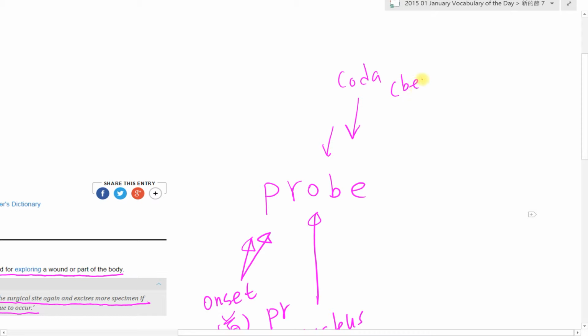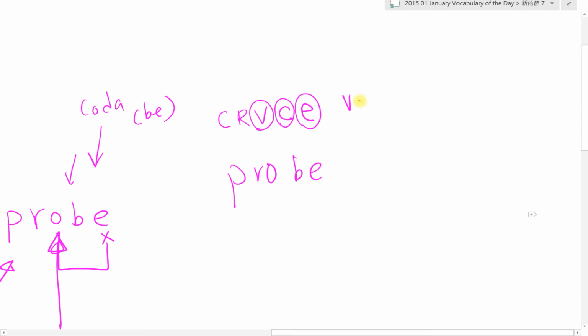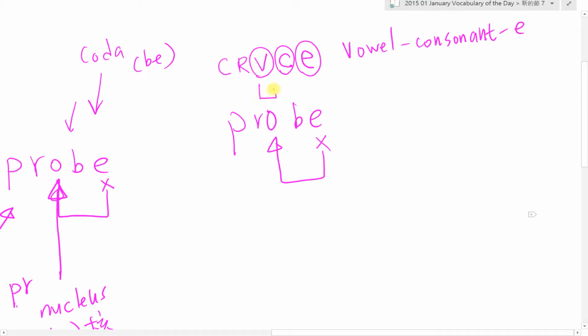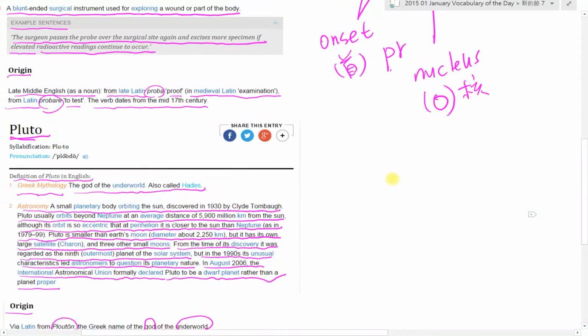一个是 E。换句话来说，这个 E 是不发音，会把 O 拉成长母音，所以它的组合是 P-R-O-B-E。consonant R vowel consonant E，所以我们取出来 vowel consonant E，E 不发声，把 O 拉成长母音，所以我们念 probe。One more time, P-R-O-B-E, probe, probe, probe。